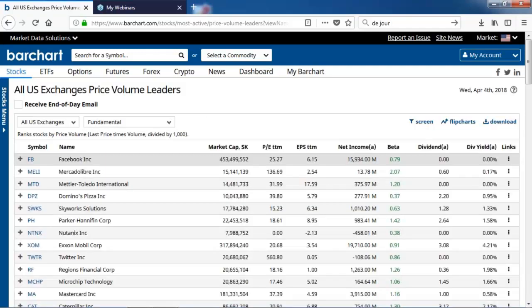Like I said, I'm a price guy, not to say the fundamentals are wrong. Fundamentals obviously are important in the long run, but in the short term, in my opinion, and again, there's not a right or wrong answer, price is king. But here you can sort by market cap, PE ratios, earnings per share, net income, and so forth, some of the fundamental factors in the markets. So if you want to take a deeper dive into the accounting of the markets.